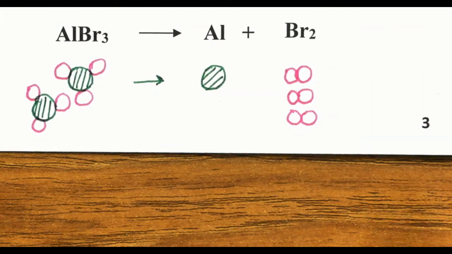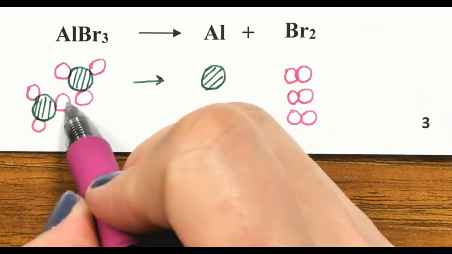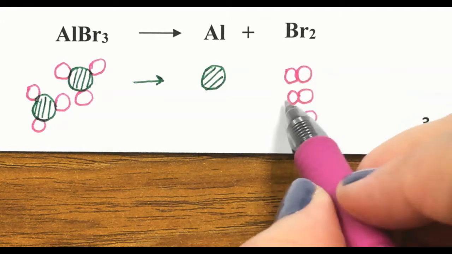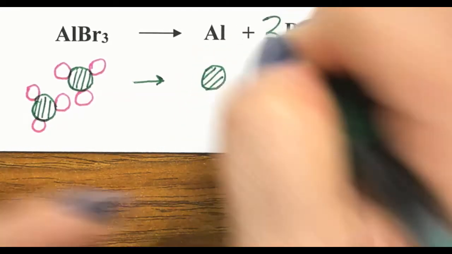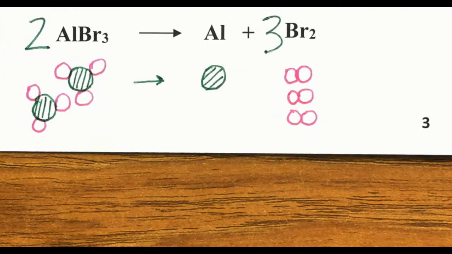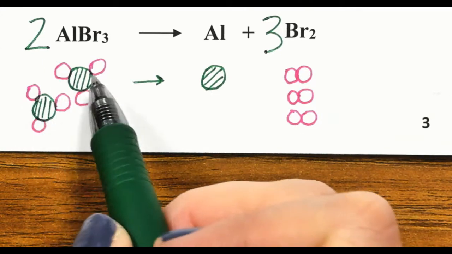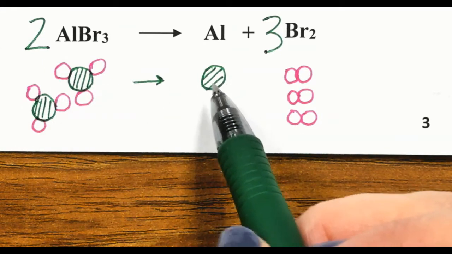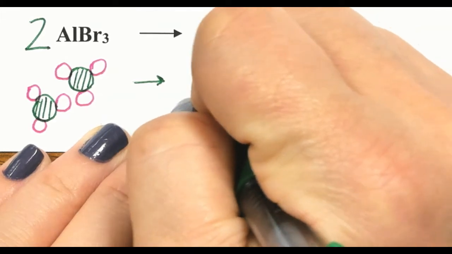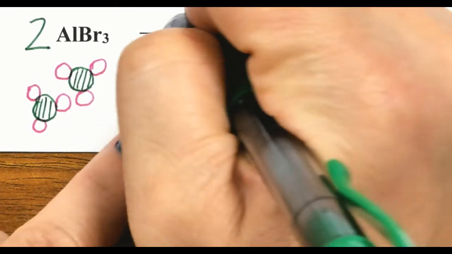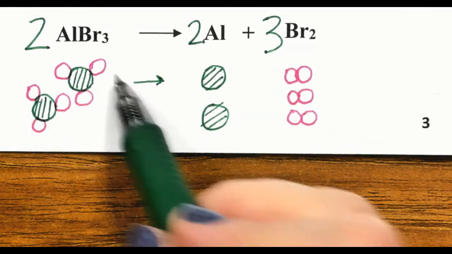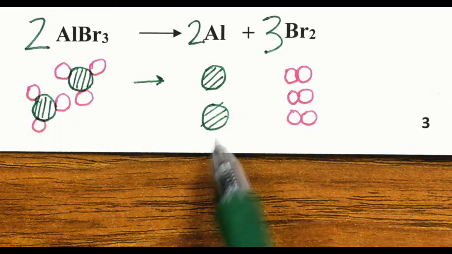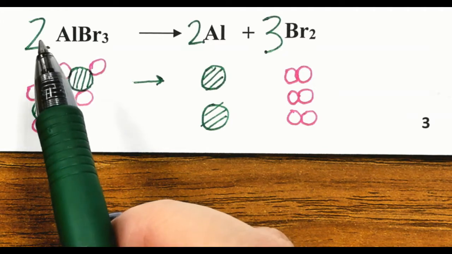So now if I look at my bromines, we have 1, 2, 3, 4, 5, 6, and over here we have 1, 2, 3, 4, 5, 6. So this means I have a coefficient of 3 here and a coefficient of 2 here. But that messes with my aluminums. See, now I have 2 aluminums before, but only 1 after. So to fix it, I can just add another aluminum, so meaning I should have a coefficient of 2 there. So we have 6 bromines on both sides and now 2 aluminums on both sides, and my coefficients are 2,